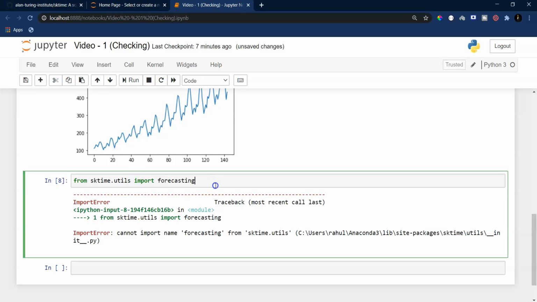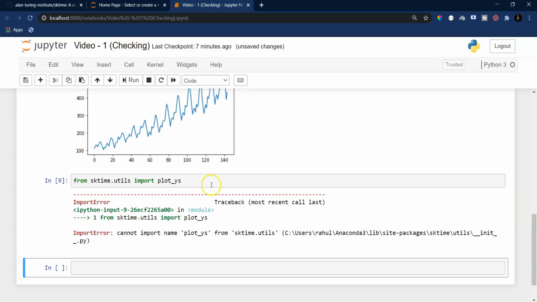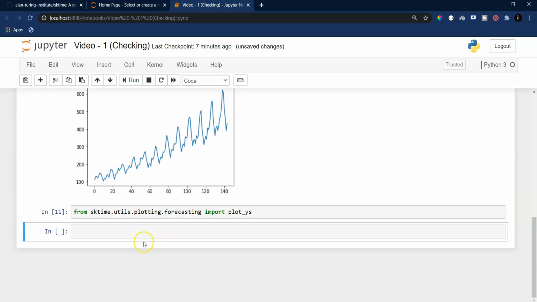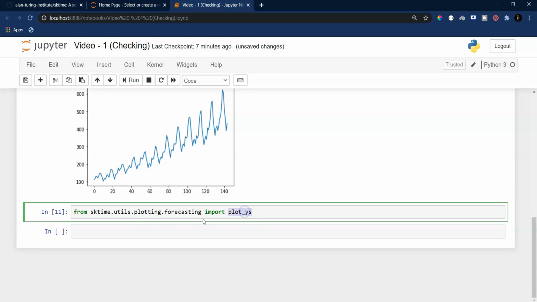So from sktime dot utils, let me see, import plot_series. It is saying we cannot import this. I think I need to specify more of the module path, like plotting. Still I am not able to import this, so I'll say forecasting import plot_series. Okay, now we have been able to import plot_series.